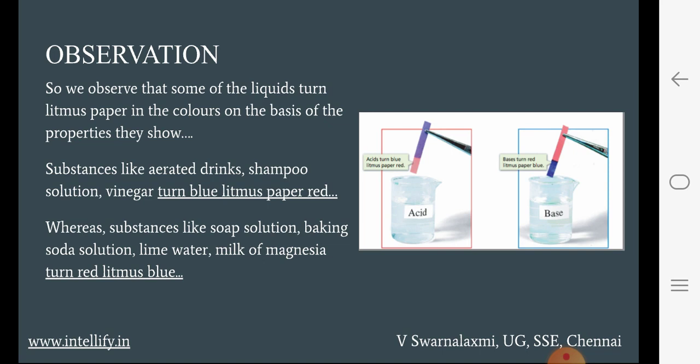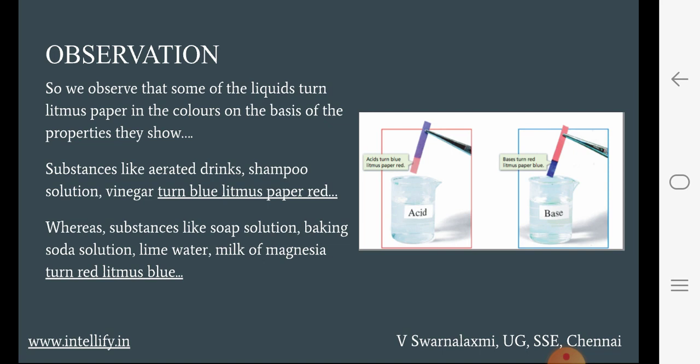Easy to remember. I'll give you a trick. Base का starting word है B, तो वो क्या करेगा? ब्लू कलर ही शो करेगा। तो ब्लू में कन्वर्ट होगा नहीं, रेड ब्लू में कन्वर्ट होगा। तो क्या हुआ? बेसिस टर्न रेड लिटमस ब्लू। इजी टू रिमेंबर। ये एसिड का क्या हो जाएगा? उसका उल्टा। बेस क्या करता है? रेड लिटमस ब्लू करता है, तो एसिड क्या करेगा? ब्लू लिटमस रेड करेगा।